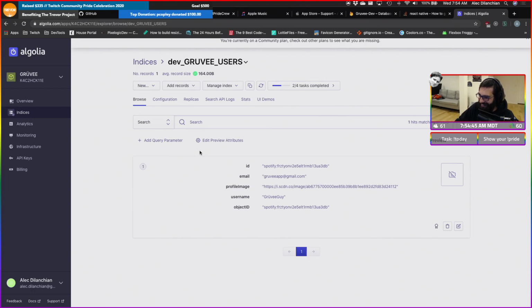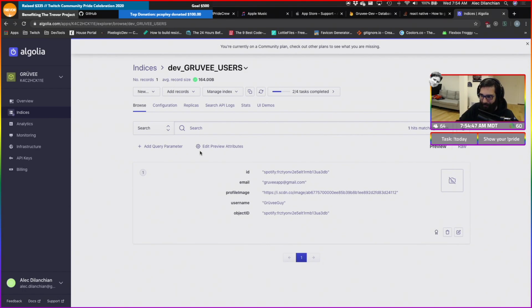No. All right, so this is Algolia. You'll see that we have this document in here that essentially what we set up is a Firebase function that fires off every time a new user is added to our users collection. That grabs a bunch of data from it, and it actually sets our ID, email, profile image, username, and object ID.